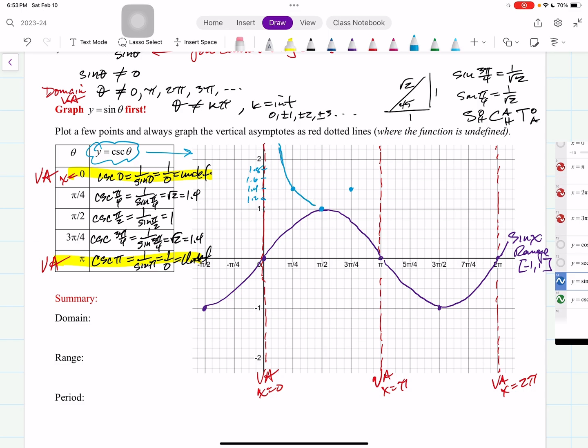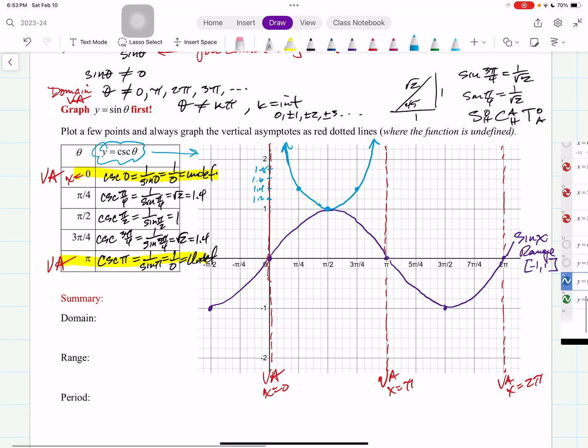It's not a parabola, okay? So some people think it's parabolic, and it's not. Okay, it's hard to draw the shape, but it's not parabolic. It's just curved like that. And it's asymptotic to these red dotted lines called asymptotes. Okay? And the next one, it's going to appear down here, but between pi and 2 pi, it's going to